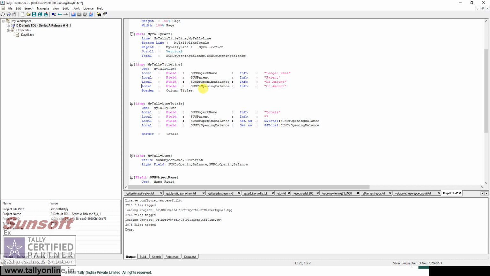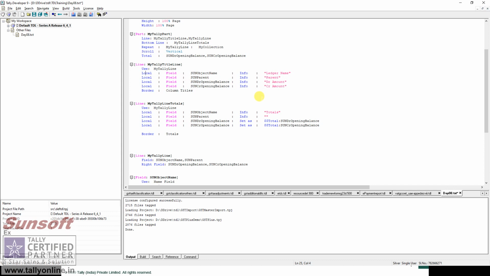We'll do that in detail later on when we see how local can be used. It can be used at any point of time. But right now, to understand it, I have inherited the same properties of the object of this line, and with a local field, since there is only a field in the line, I am changing the value.